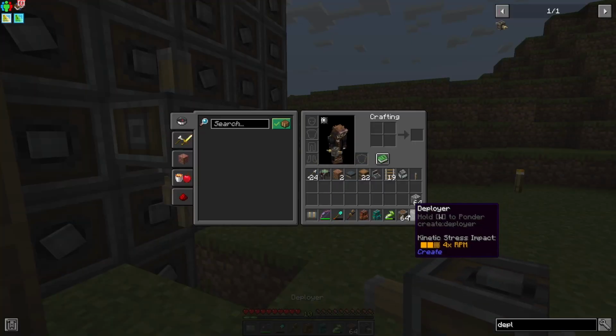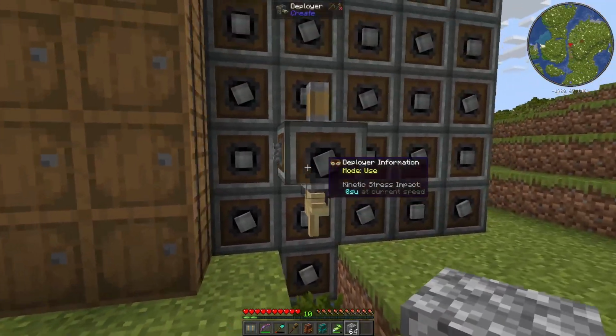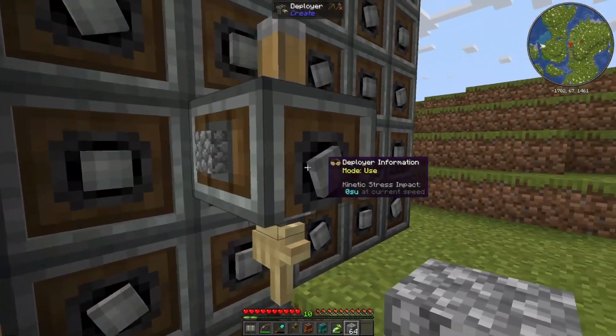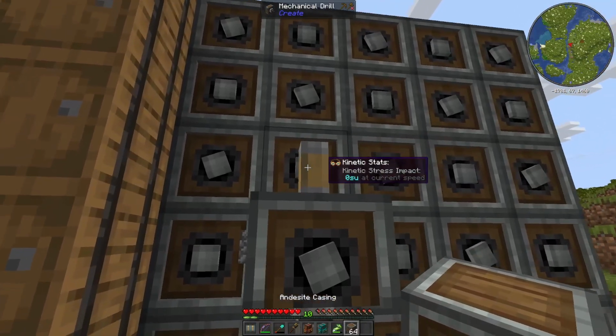We will give this a filter, and let's say cobble, but you can change that for whatever block is most common in the level you mine at. So for example, if you mine in the nether, you will typically replace that with netherrack. Next up, we're just going to add